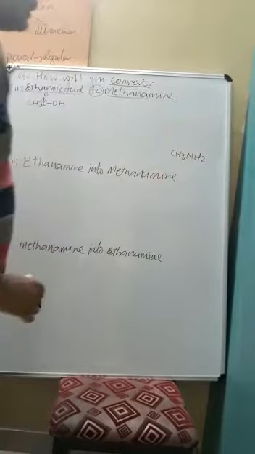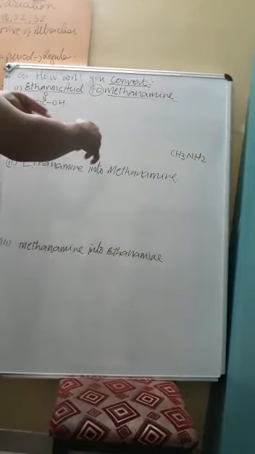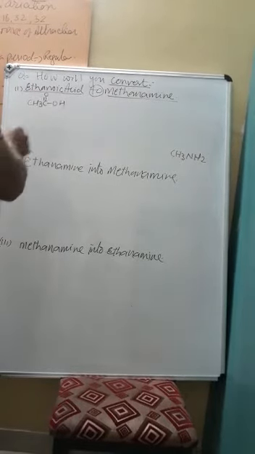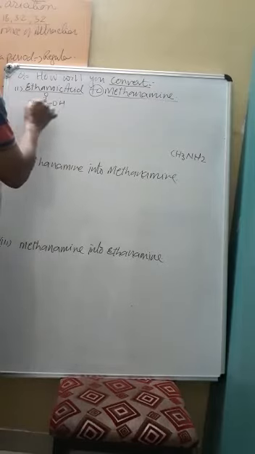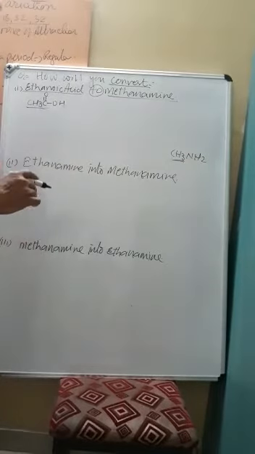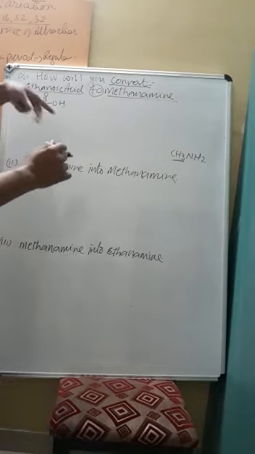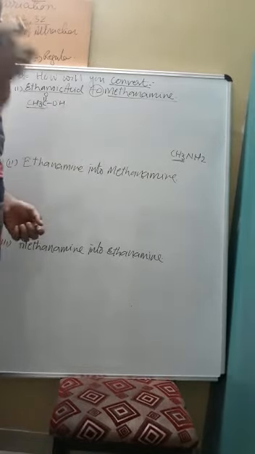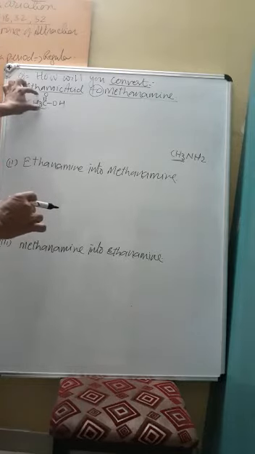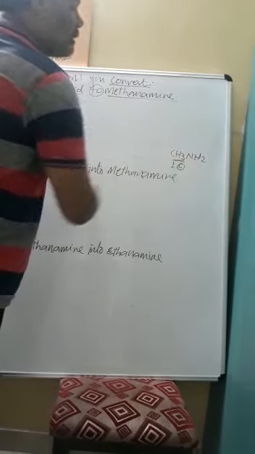CH3NH2. Now here you have to think about the structure and the components given. Student, in the reactant there are 2 carbons, while in the product there is what? Only 1 carbon. Means what? This reaction seems like a step down reaction. That means the 2 carbon containing compound is to be converted into 1 carbon containing compound.